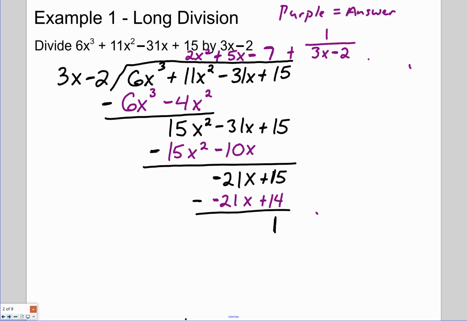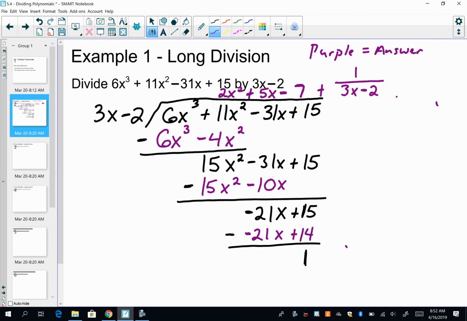So I need 3 to become 6. So 3 times 2 is 6. And then I need x to become x cubed. X times x squared is x cubed. Any other questions? Okay, let me make sure. I think I made a mistake, so I want to make sure that if I tell you